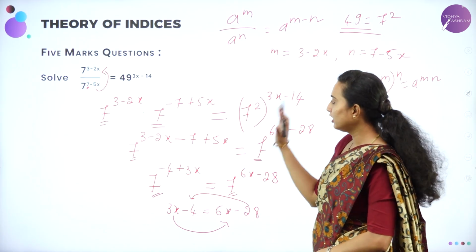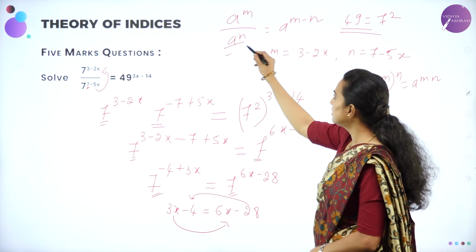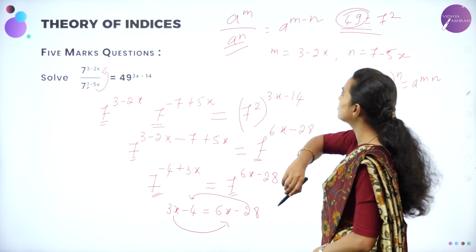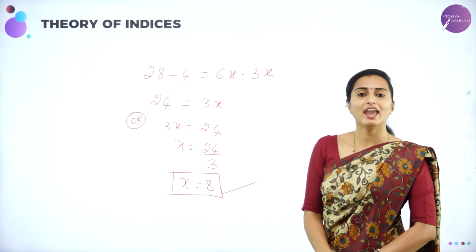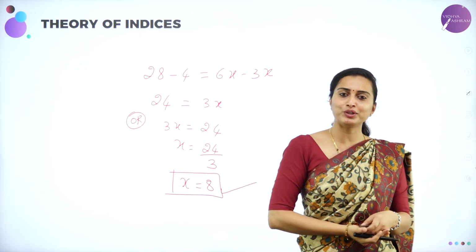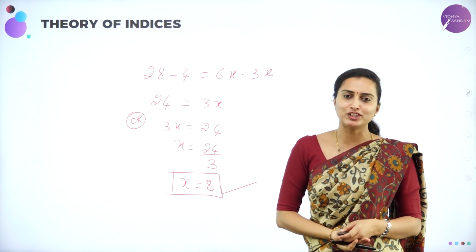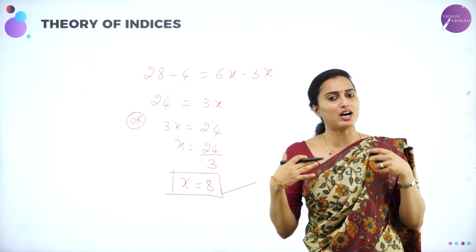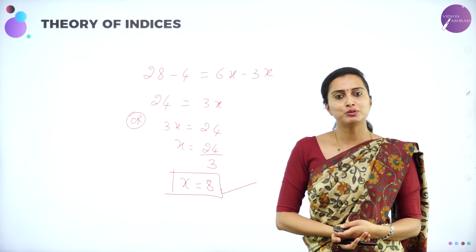Understood? So I think you understood this procedure, how it goes. Mainly you have to concentrate on how we write this 49 and then bring out the solution for x. I think you understood this whole session, how we use the formula in each case and bring out the solution for each problem. Either they will ask you to prove something, or they will give an equation to solve.